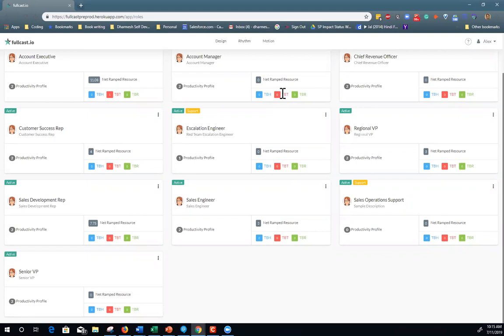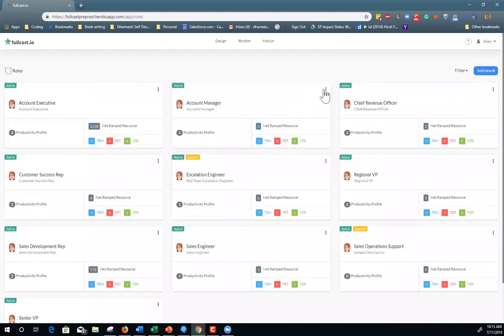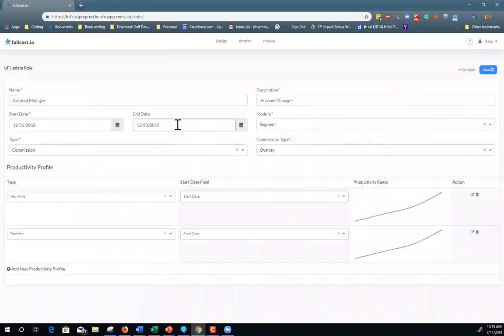And what you're doing over here is, the first time you're coming in, you're actually defining the ramp profile associated with this role. What I mean by that is you're saying if this person is an account manager role, this role is active in our system for this next 1 year, could be 2 years, or it could be a future dated role that you are intending to create as a new role. What kind of role is it? Is it a quota carrying role? Is it a support role? What kind of commission structure applies to the role?